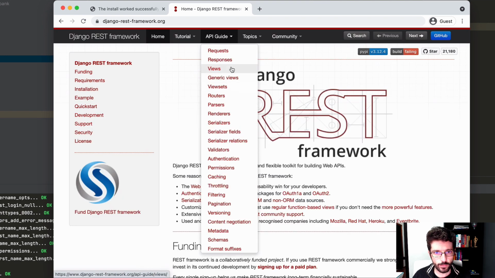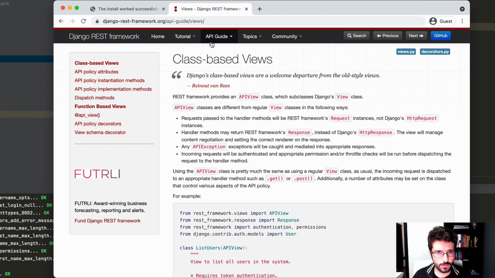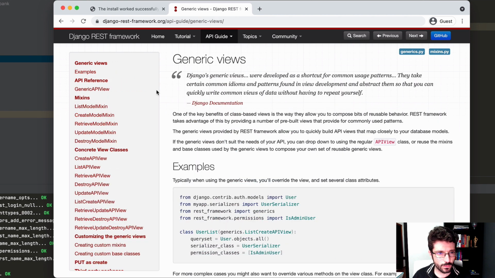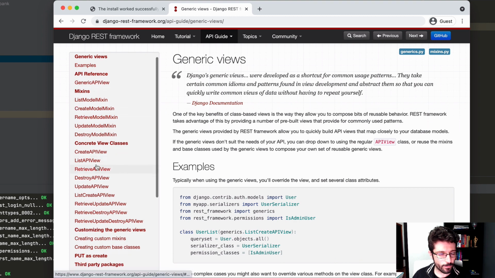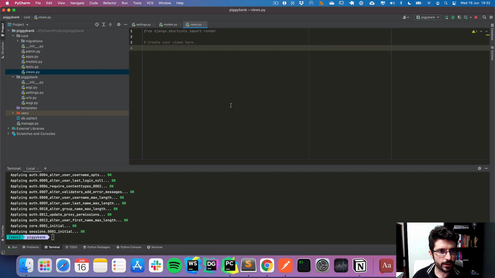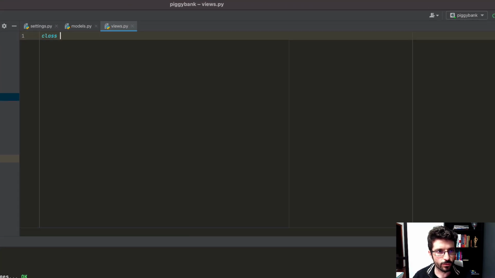So here, maybe on the views, generic views. Yeah, so we need something like that. This is a read-only endpoint, so I don't want anyone to create new currencies using those endpoints, and I just want to list the data here. So we can call it CurrencyListAPIView,